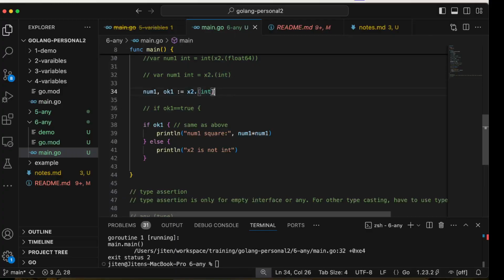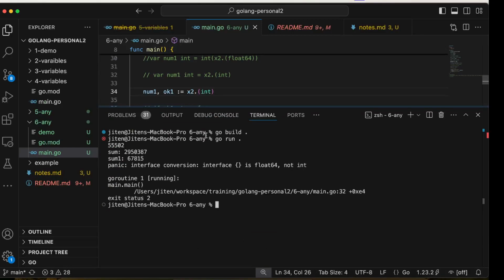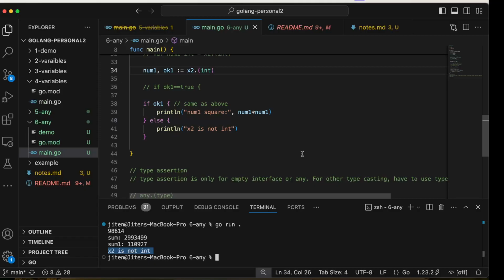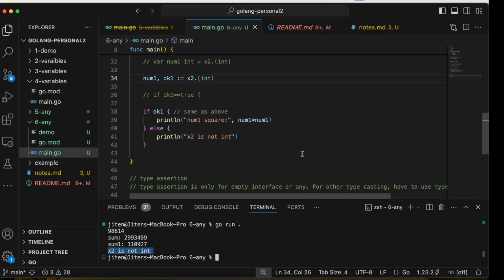Maps, you know that maps are dictionaries in other programming languages. Channels are very special to Go. Yeah, cool. Now you are avoiding a panic. Go run. So x2 is not int. X2 is not int. Okay, if x2 is not int,